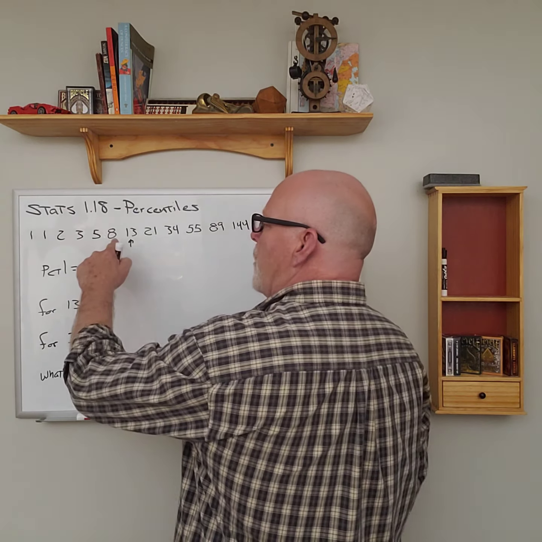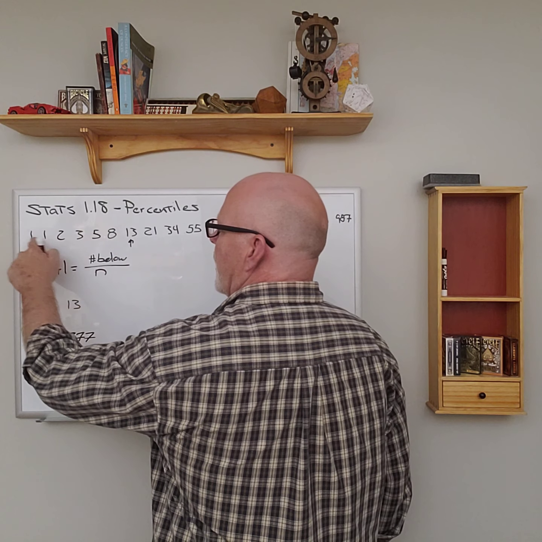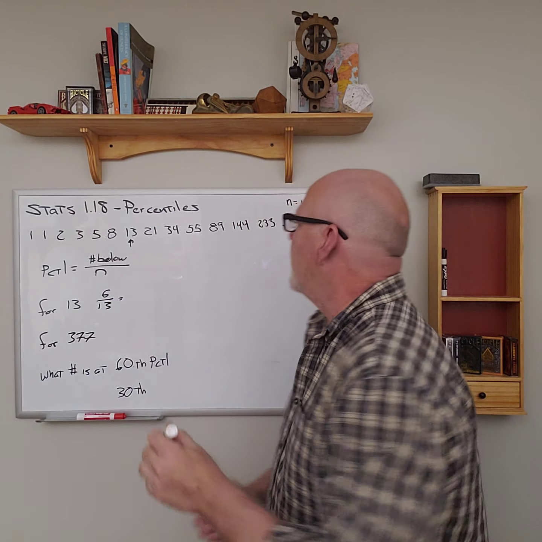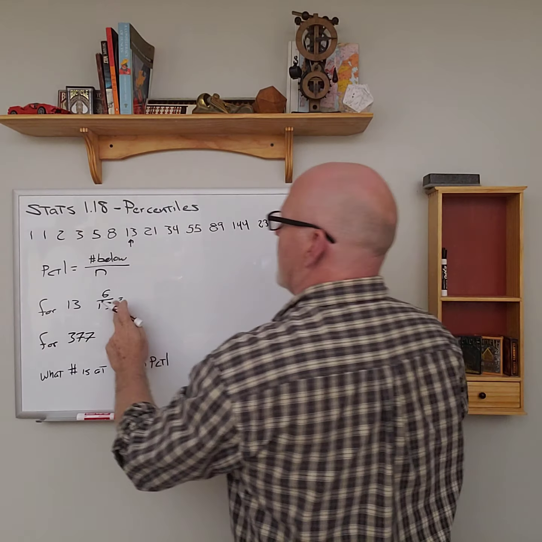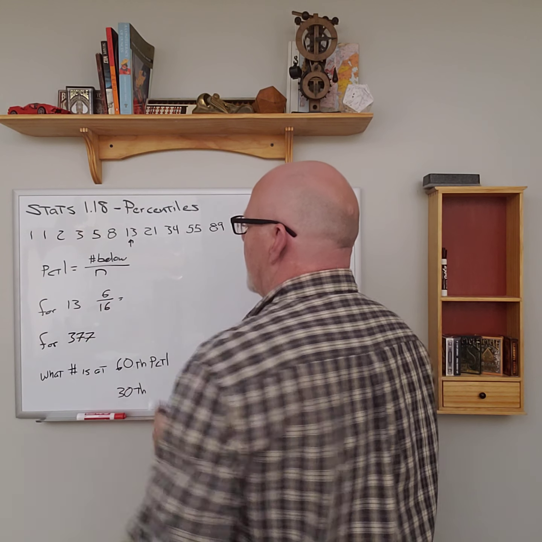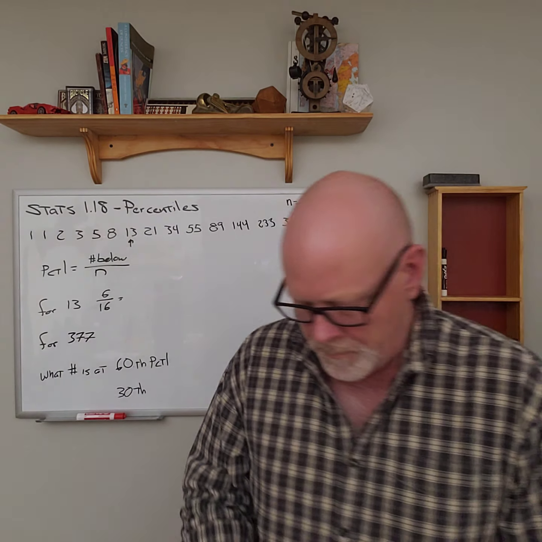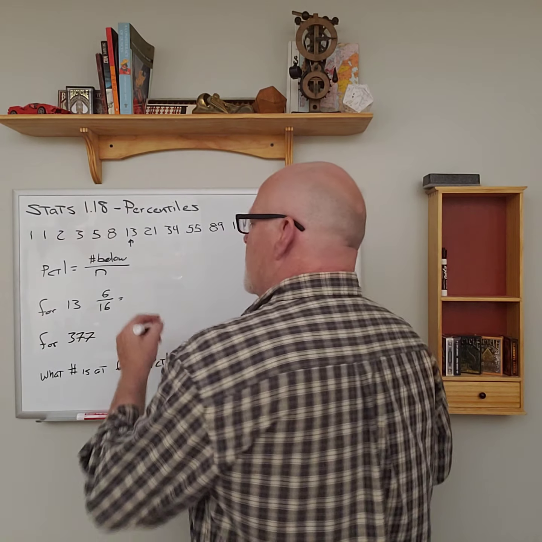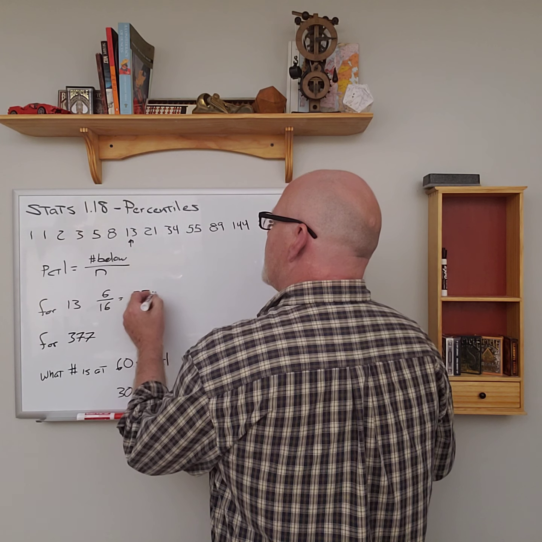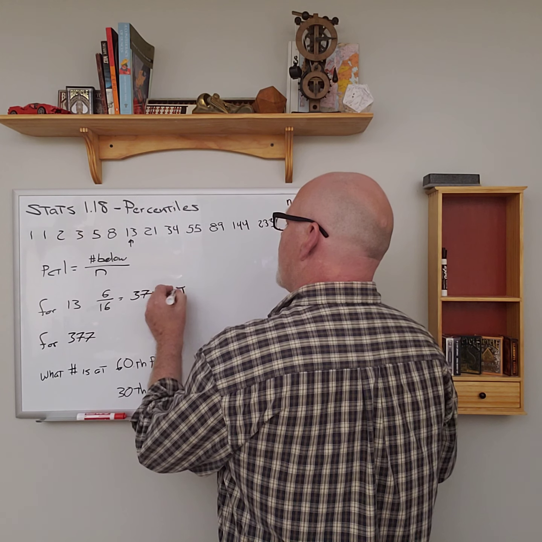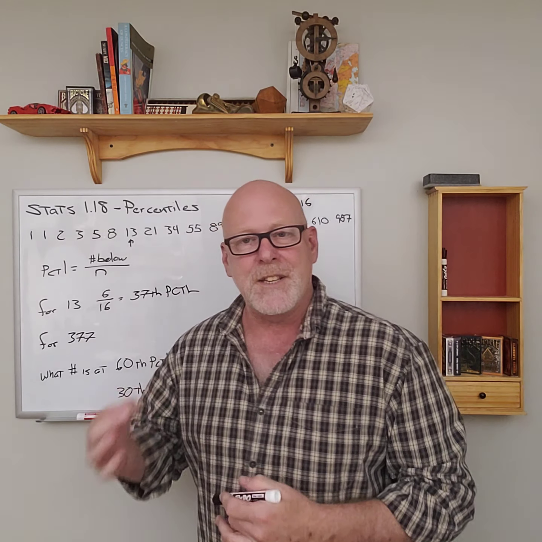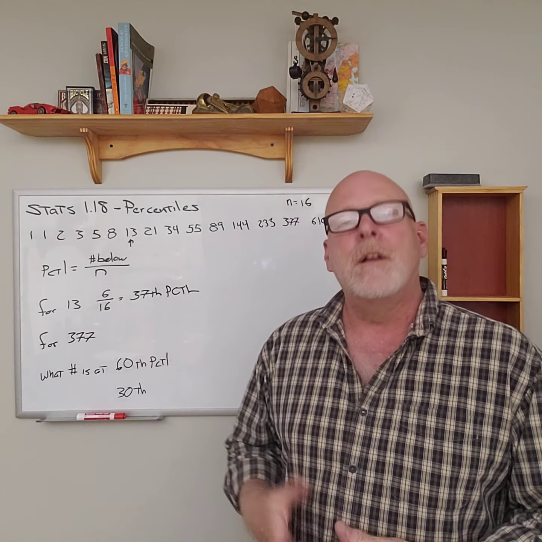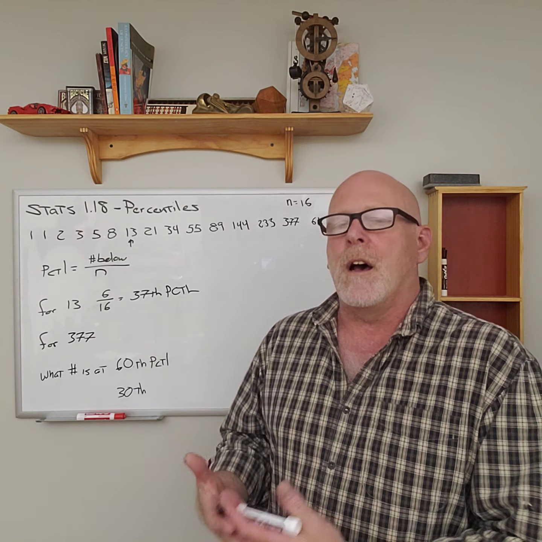So how many fall below 13? 1, 2, 3, 4, 5, 6. 6 divided by, I'm sorry, not by 13, by how many things there are, by 16. So 6 divided by 16 is going to be 37.5. So it's going to be at about the 37th percentile. That's the way we say it. We abbreviate it PCTL. We say that 13 is at the 37th percentile,